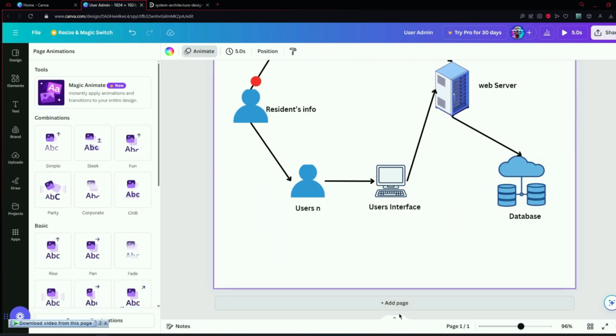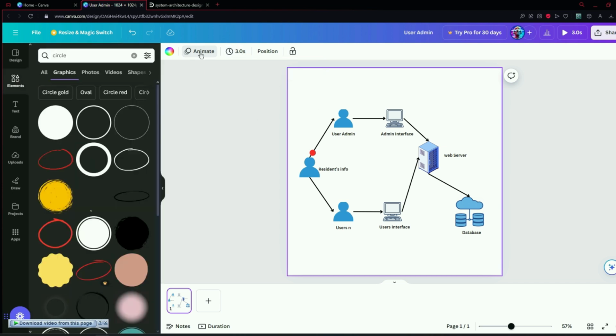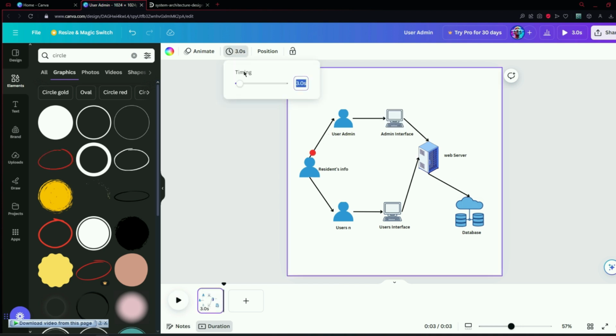And if you scroll down and click on this, you will see the slides of this image or this picture. Obviously, you can edit the timing. So if I decrease it and animate, then you will see the duration right here. It changed from 5 seconds to 3 seconds. So it is now very much faster. So if I increase the timing to 15 seconds or 14, you can see that the animation duration time has been increased.